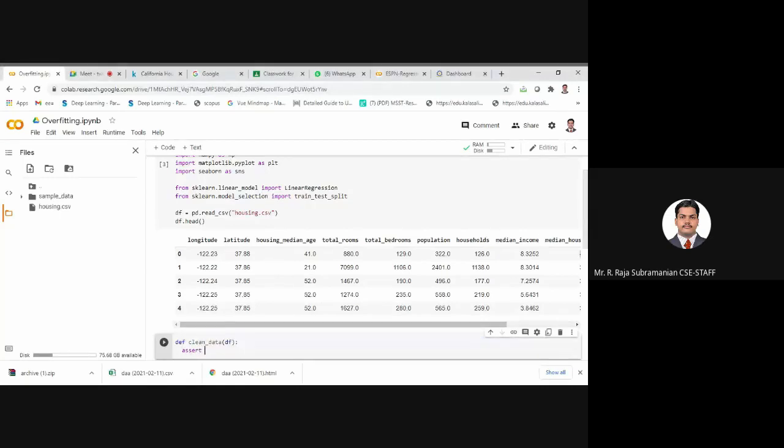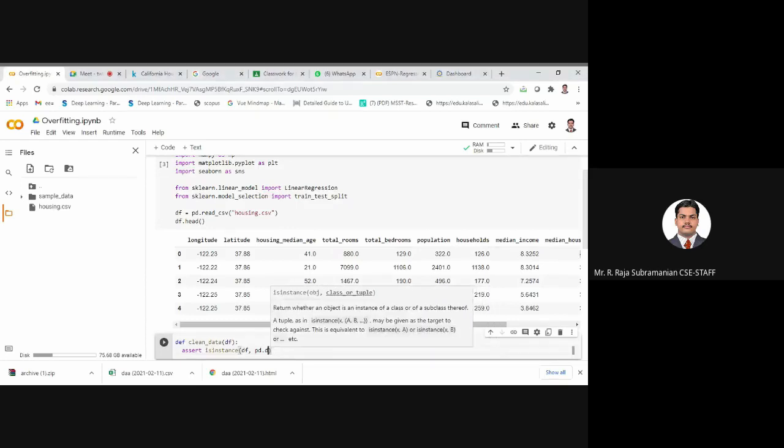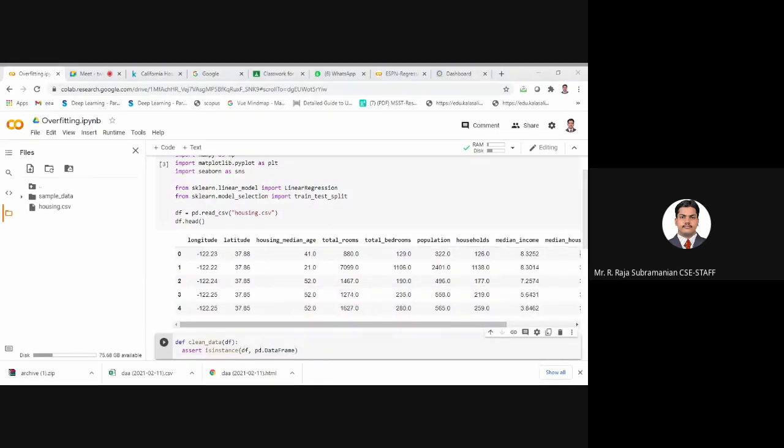This is actually a check for my Python program to say that this is going to be converted into a data frame. So I take this instance of a data frame, pd dot DataFrame. I convert it into a pandas data frame, going with the suggestion, DataFrame, capital D and F,